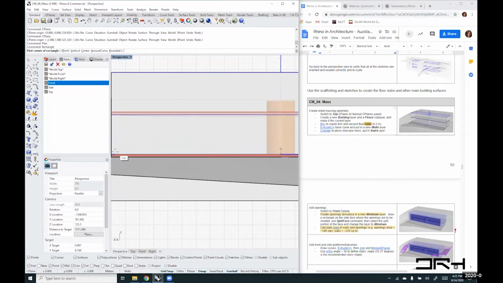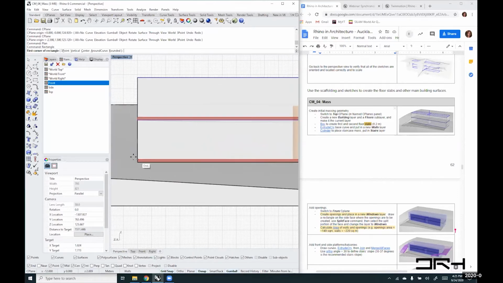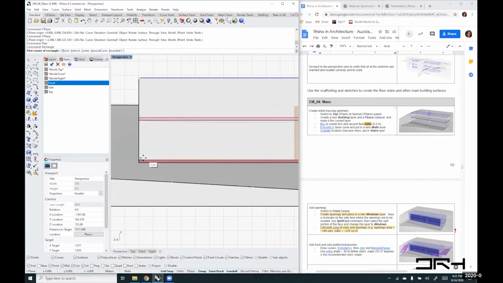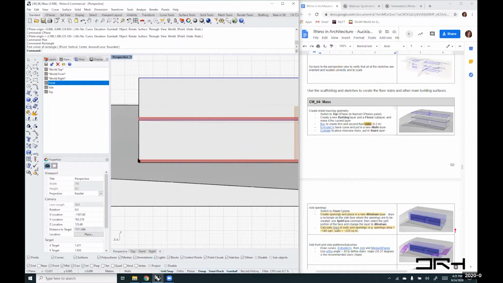pick maybe down the bottom here, point. If I have my smart track on here and I snap to that point, I can actually start seeing, you know, I can align with any direction that makes sense here, and I start snapping to certain locations. Just because I don't have any reference geometry, it's going to be hard. If I want to leave, say, 80 centimeters from each side, the best way is to say,